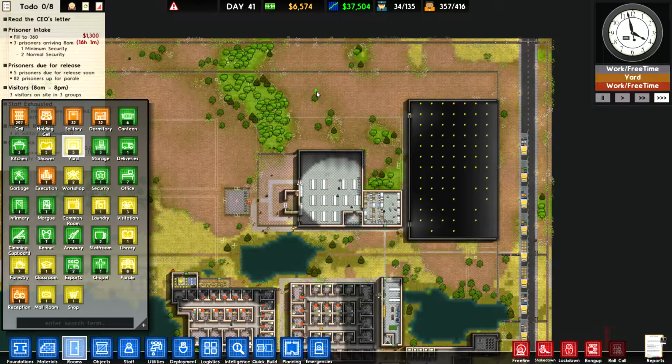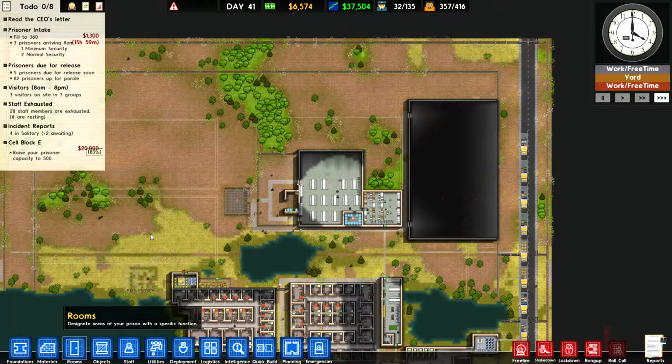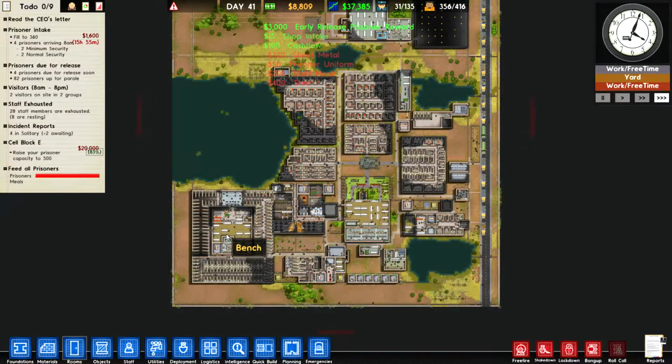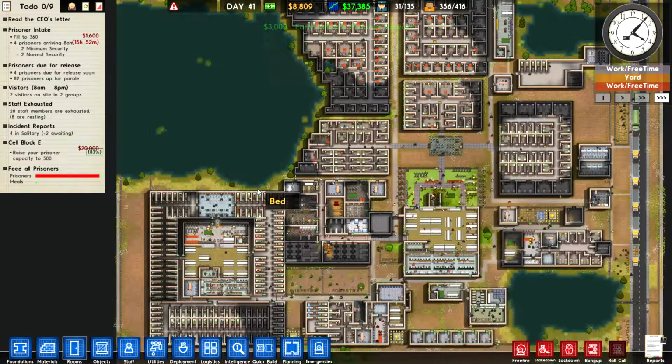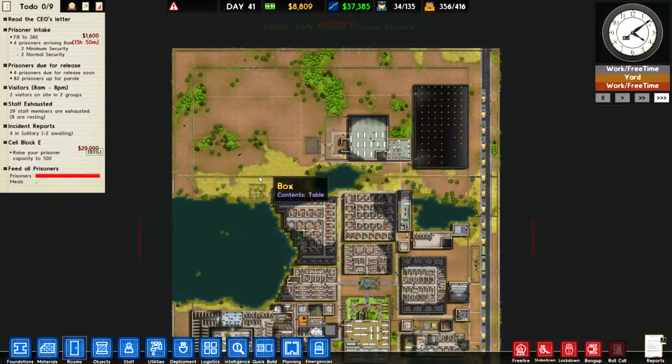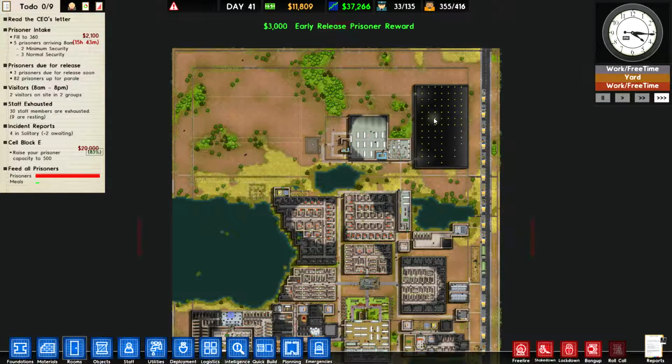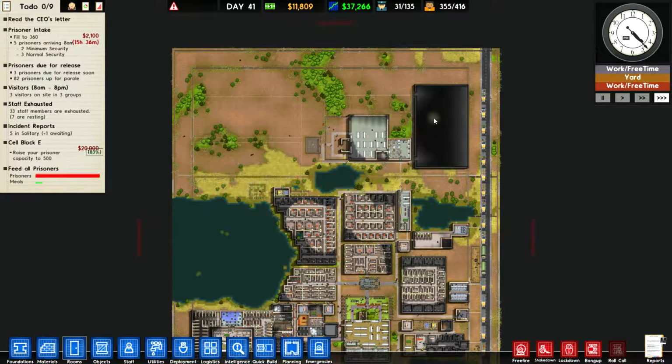But what we're going to need really is a large injection of cash, maybe from some exports or more of these early prisoner releases. Gonna need a good chunk of cash to get this area finished, but once that's done, then we can earn a load more cash from having prisoners hanging around. I think what we might do as well, actually,